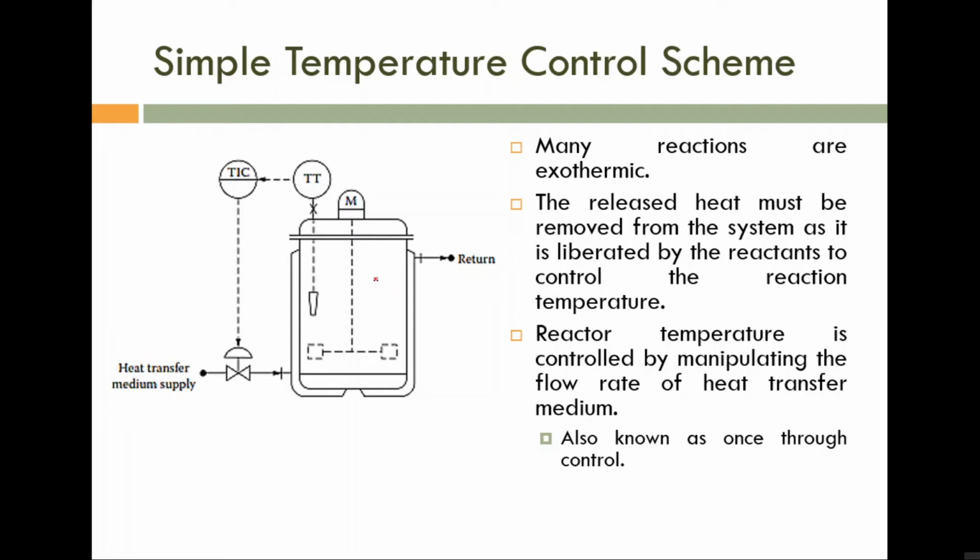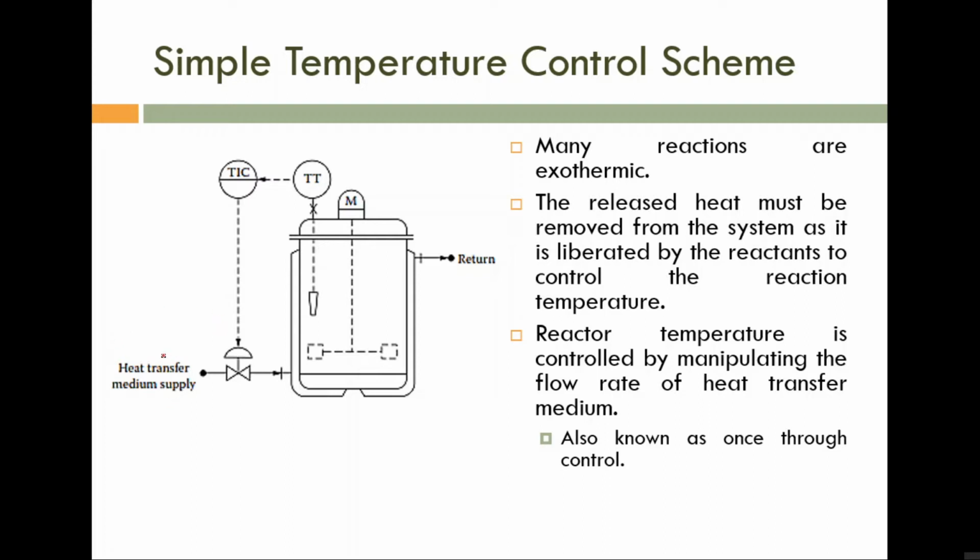Okay, so if it is an exothermic reaction, definitely it will liberate, it will emit energy. So what is happening inside this reactor? The temperature will increase. Okay, so in order to maintain the balance, the equilibrium inside the chemical reactor, we have to remove the heat. Due to the exothermic reaction, heat is emitted, so the reactor temperature is increasing. That additional heat must be removed from the reactor. So in order to remove it, we need a cooling mechanism.